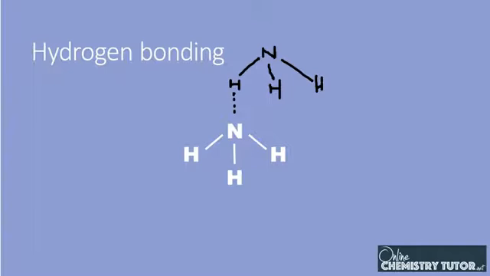Now, I have to point out, as I said before, the hydrogen atom involved in hydrogen bonding has to be covalently bonded to nitrogen, but the atom that it interacts with doesn't actually have to be covalently bonded to hydrogen. So, for example, ammonia could form a hydrogen bond with a molecule like